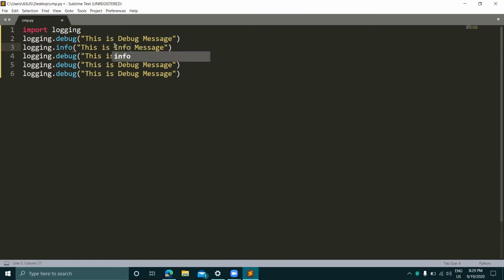Okay. Now what we have to do. After that comes warning. It is third in the numerical order. So now take the warning. Now error and critical. Okay. So here we change debug to error, and here is critical. Okay. So now what we have to do is save this file and run it. Okay, so save this file.